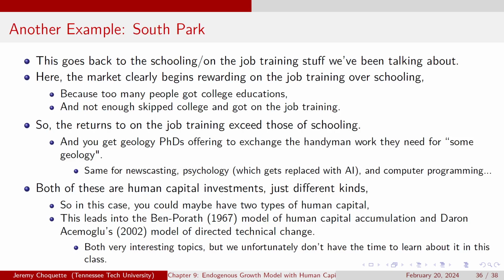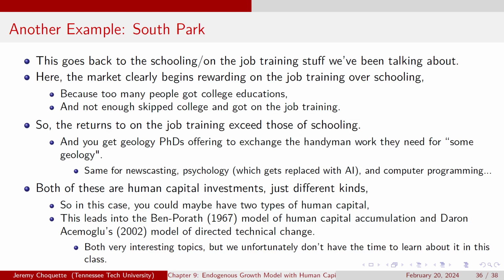But this goes back to that schooling and on-the-job training stuff that we've been talking about for the last little bit. And here the market is rewarding on-the-job training over schooling because, well, too many people got college education. So think about what the optimality conditions would be in this sense. Do we have an equality or do we have an inequality? Because, well, here, maybe say not enough people skipped college and got on-the-job training. A lot of people decided to go to school instead. So the returns to the on-the-job training